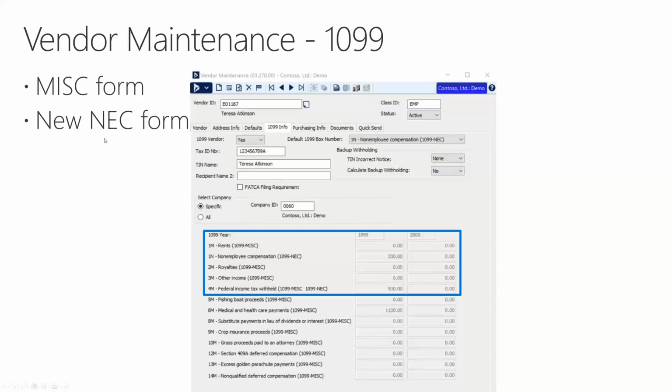But the thing to notice here is that there were some changes made. What we did is 1099 M is now 1099 MISC. This is a 1099 NEC. 1099 MISC, 1099 NEC, and MISC file. So the big thing that we added, and I'll show you in a second,